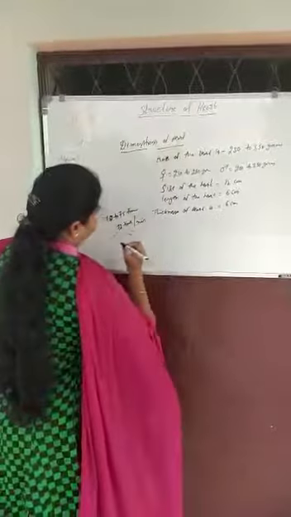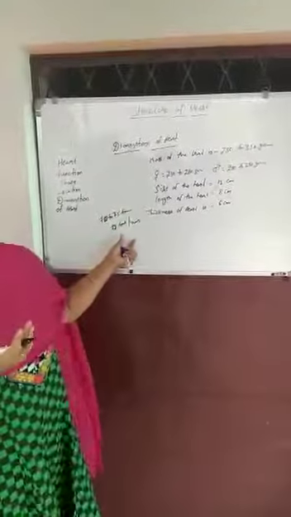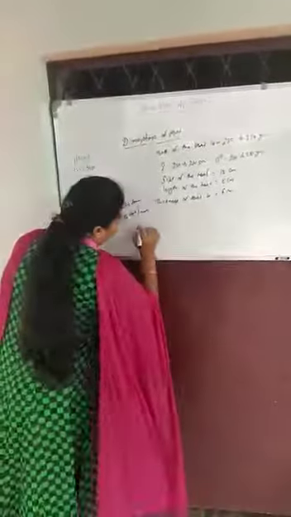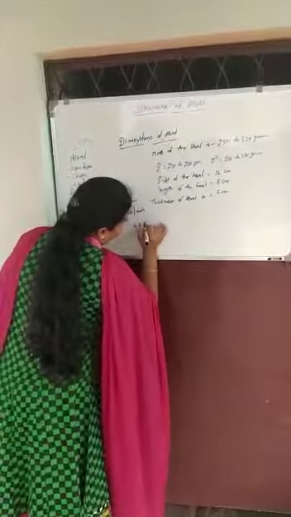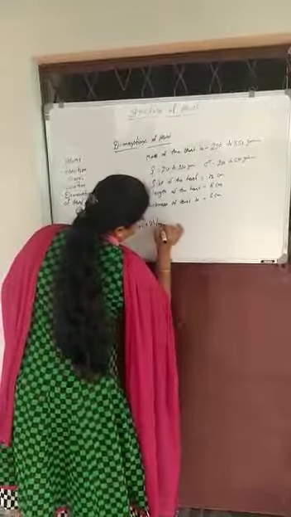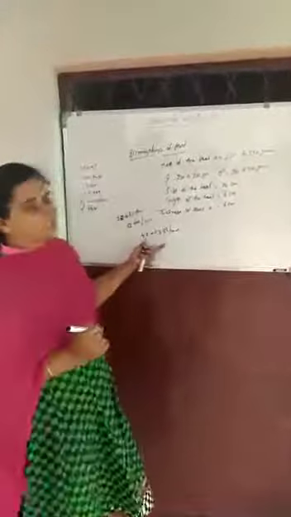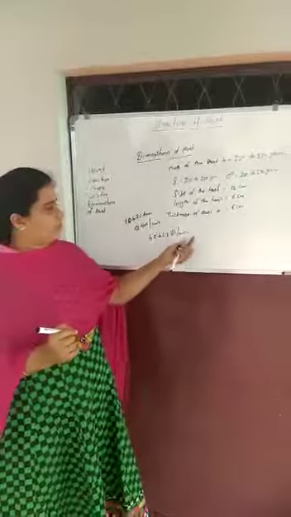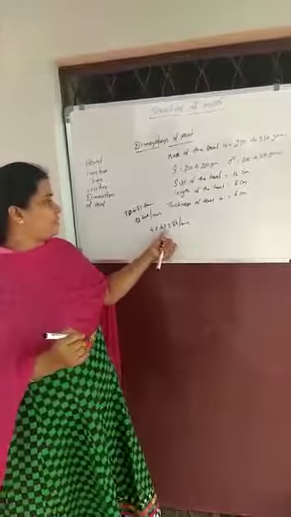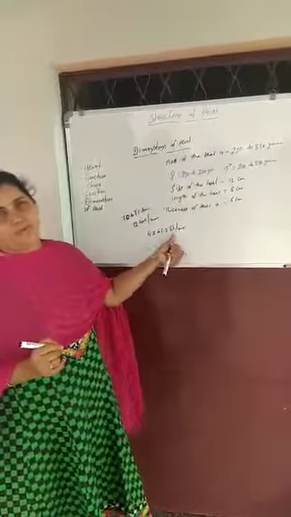And then, how much blood can the heart pump per minute? It is 4.7 to 5.7 liters per minute. This is the speciality of the heart. So per minute the heart can pump 4.7 to 5.7 liters of blood.